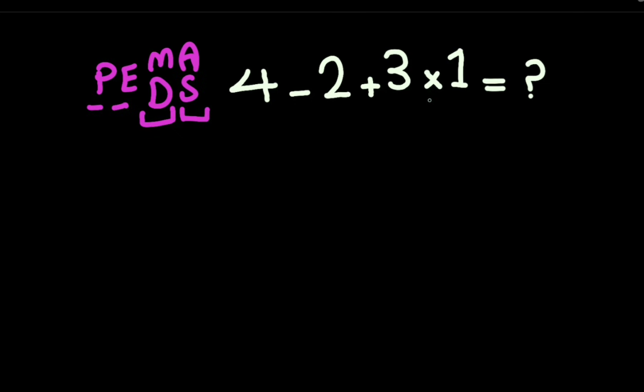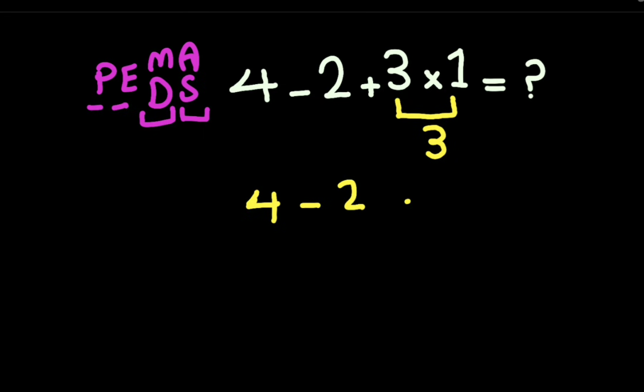So we have one multiplication here that we have to solve first according to this rule. So 3 times 1 gives us 3. Now we have 4